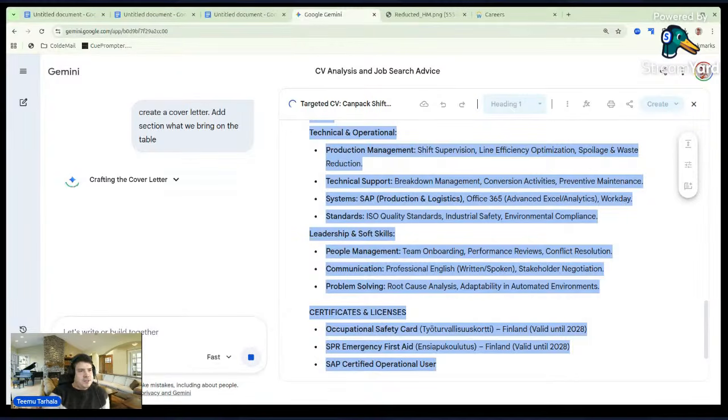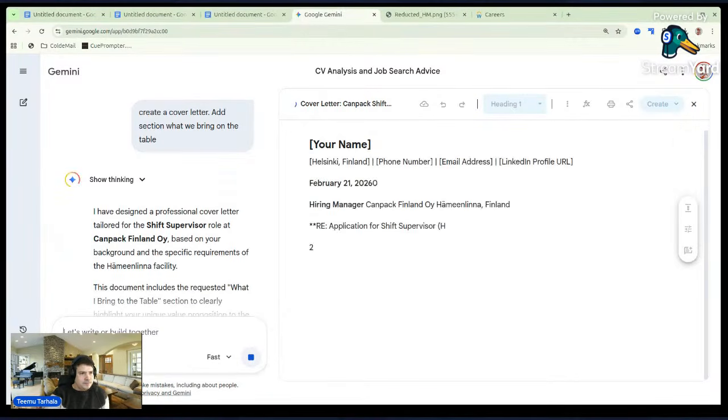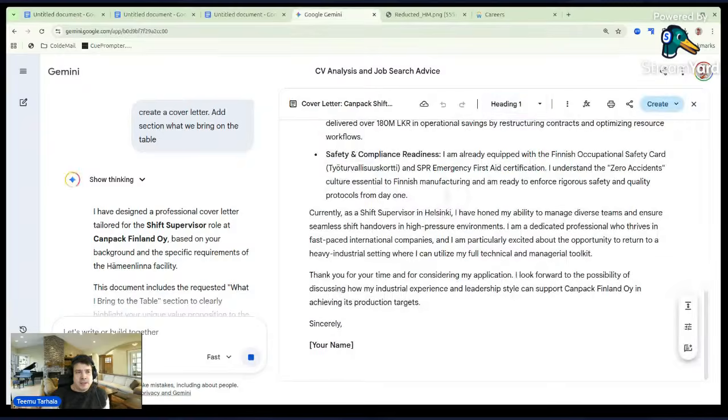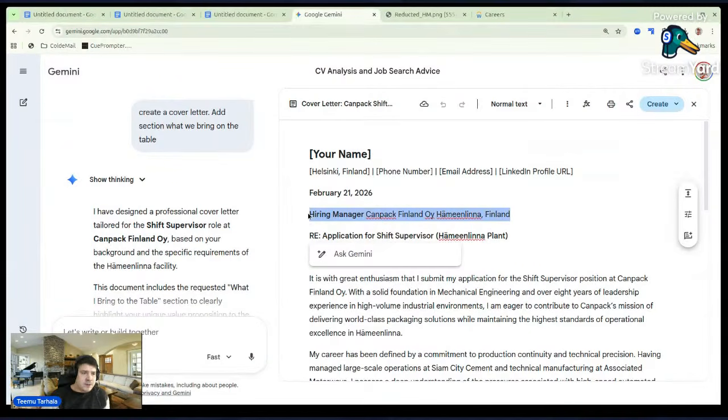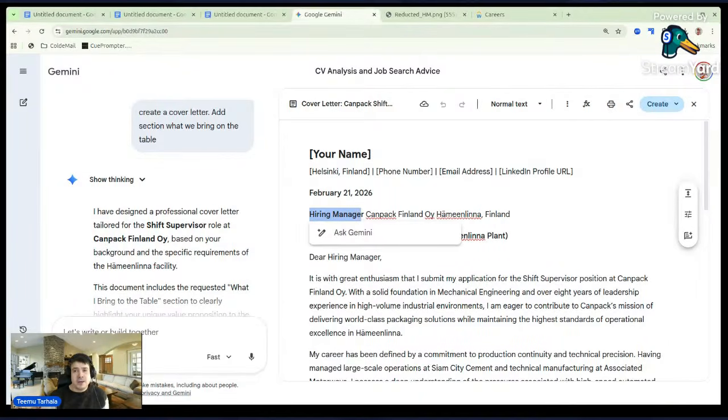Let's see what happens. And always a header with your details. Then the person's name, avoid hiring manager, sir, madam, or even better, the name of the person.